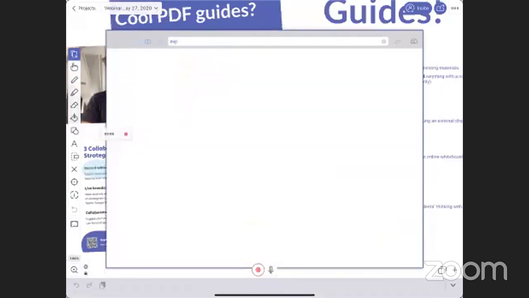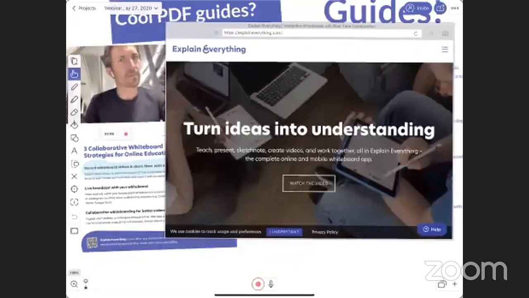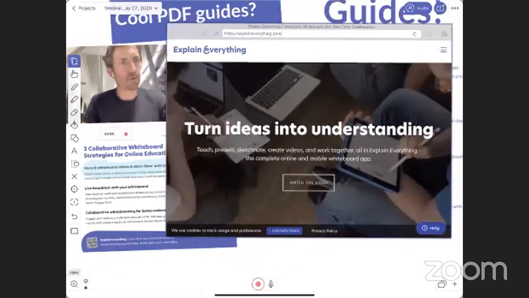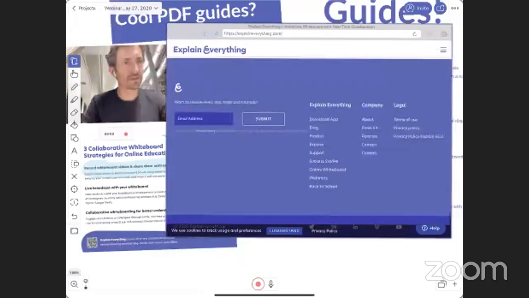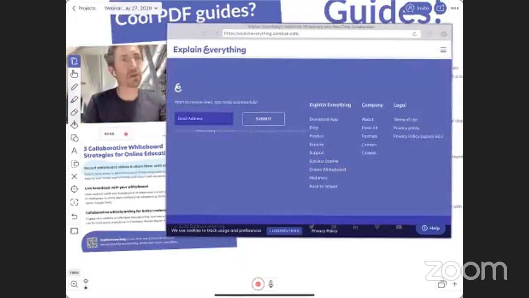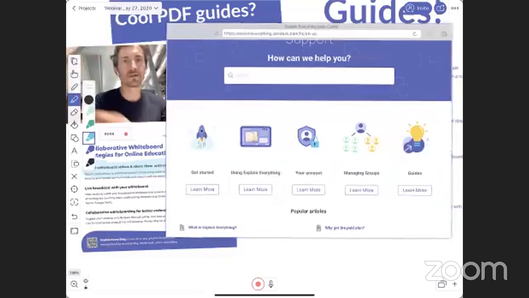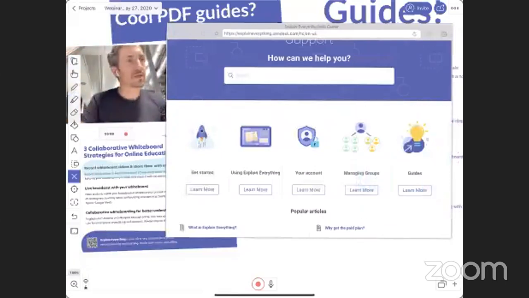So I'll use the browser. If you go to explaineverything.com, that's our homepage, and you swipe to the bottom, you see the support section just here. Just go to the support and look for guides. Our guides are just here. And if you go to guides, you'll see